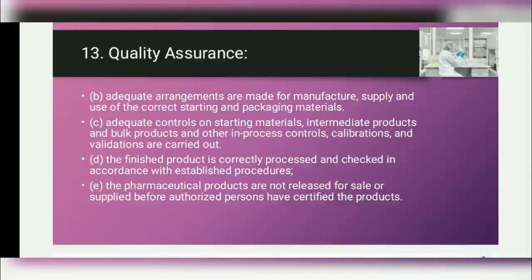Also, we have discussed what the aim of documentation is. The aim is to define the specification for all materials, method of manufacture and control, and to ensure that all persons concerned with manufacture know the information necessary to decide whether or not to release a batch of a drug for sale. And lastly, we have discussed quality assurance, which is a very important part of GMP.